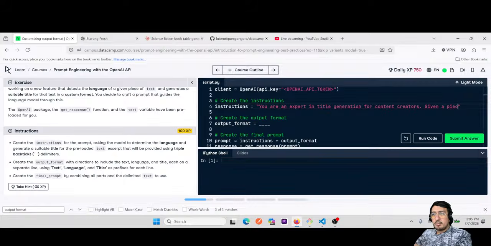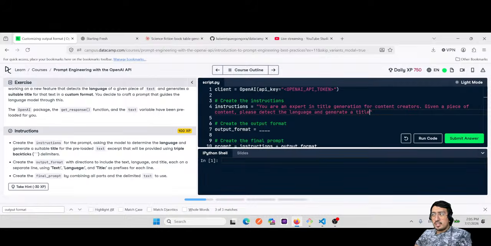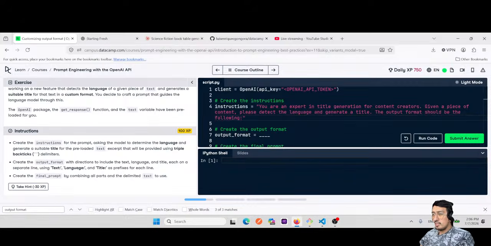Given a piece of content, please detect the language and generate a title. The following: